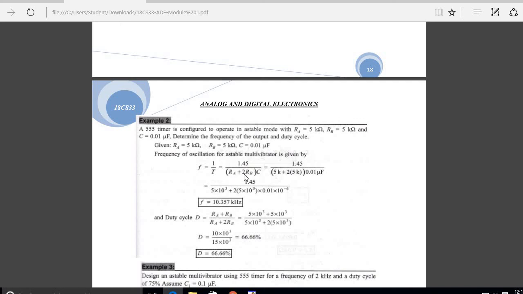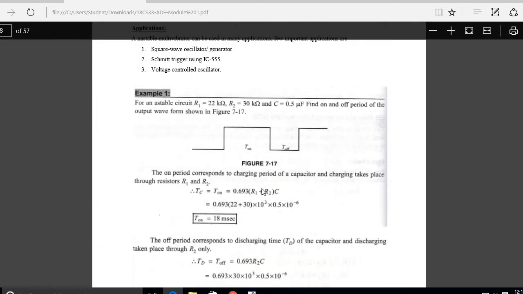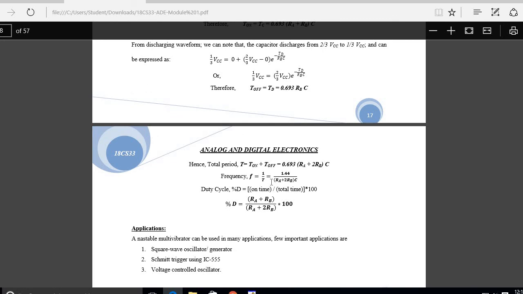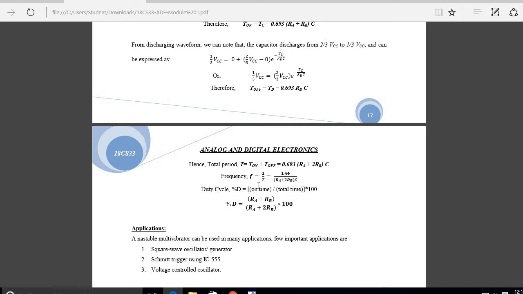Okay. After that, F is the formula we have to look into. So see here, for astable, the frequency formula is 1 by T. Directly we have to get the value of T. Whatever the T value, the reciprocal of T will be the frequency. But here it is an astable multivibrator. F is equal to 1 by T, or